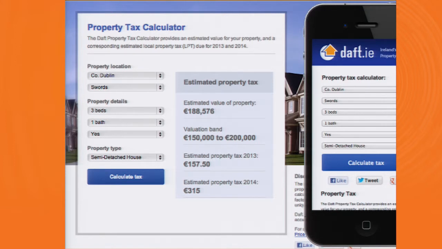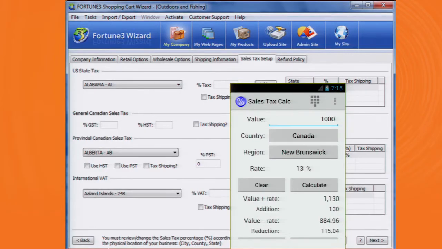So here are some property tax calculators from the European Union. Sales tax, right? Complicated issue because you have so many jurisdictions. Then you have excise and use taxes. So for different things that you buy, different tax rates apply. None of it is really conceptually hard, but there's just a lot of data that all has to be made user-friendly. So here are some examples of software that does that.